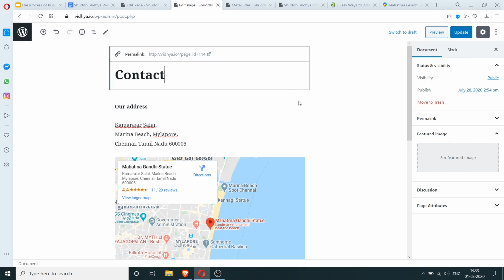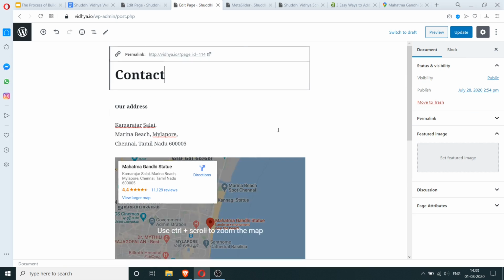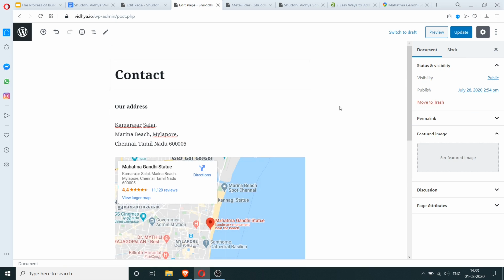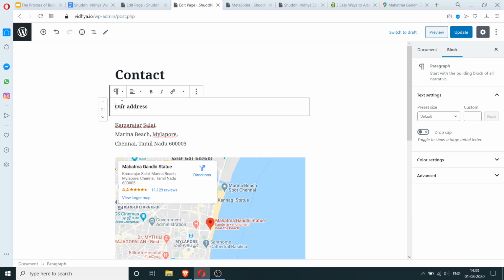So this is the first draft. We can improve this further, but I think this is a good start. We'll also need to have a contact page as such. So we'll create a form here.